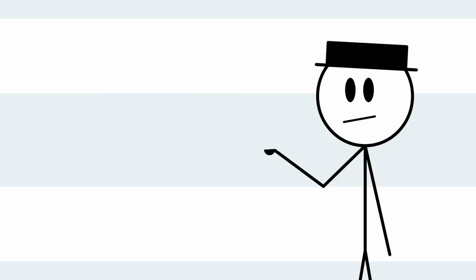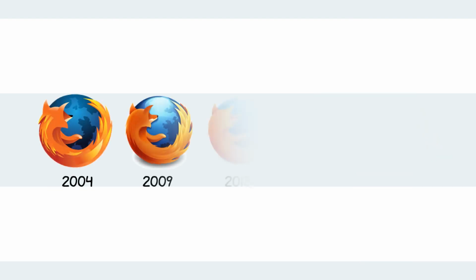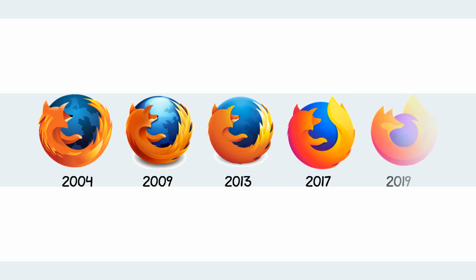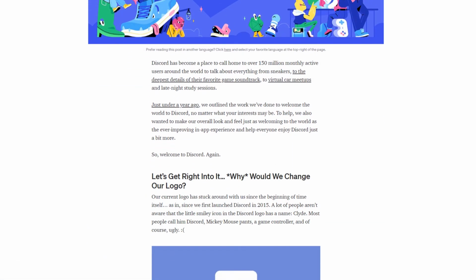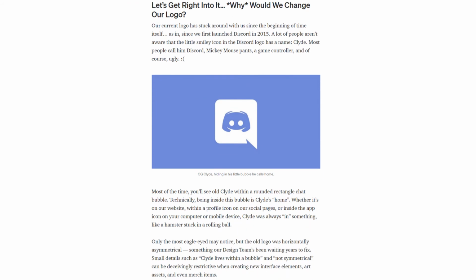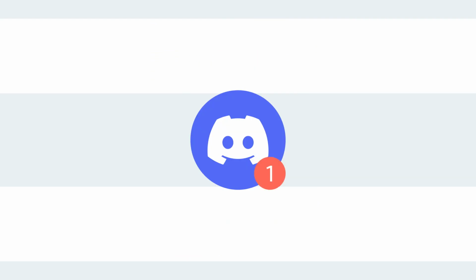Following this trend, some companies began needlessly oversimplifying their logos. Mozilla's Firefox had been reduced to a more interpretive design as opposed to their old Fox of Fire. For their 6th birthday, on May 13, 2021, Discord announced they would be changing their logo, along with a few other things. What followed this was loads of backlash from angry gamers, despite Discord's numerous justifications for the change.